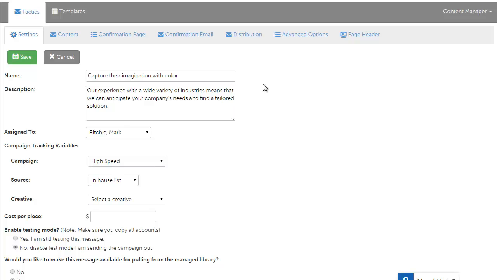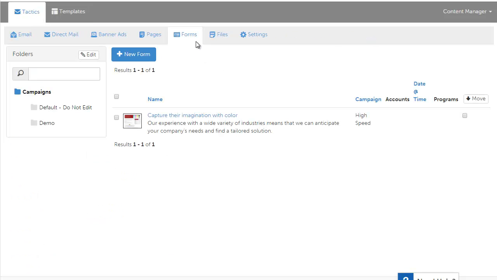Now again, this does not show you how to build the actual source template of the point-and-click editor. It's actually using one that's already been created and building based off it. So to begin, we want to go back to our main tactics page. So I'll click this tactics option. This returns us back to our forms page, and as you can see, the form that we just built is